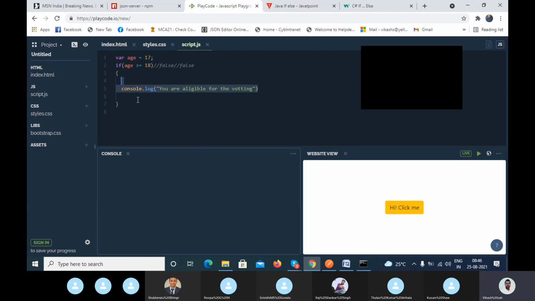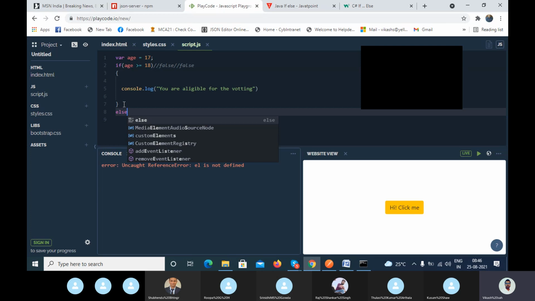But if it is not going inside the if condition, you can see there is no output. So the user gets confused: I'm getting no output, what is the reason, is it working or not? So they have implemented the